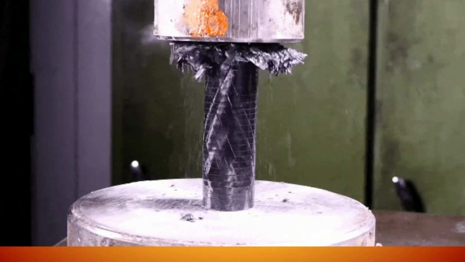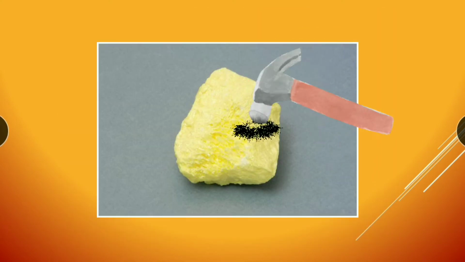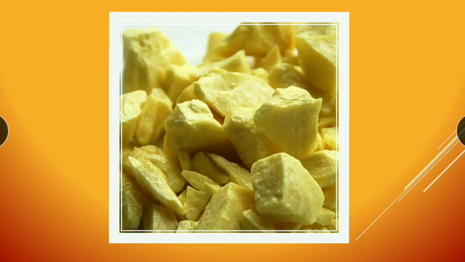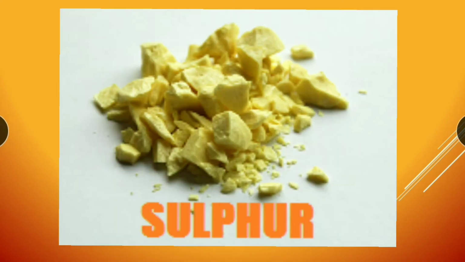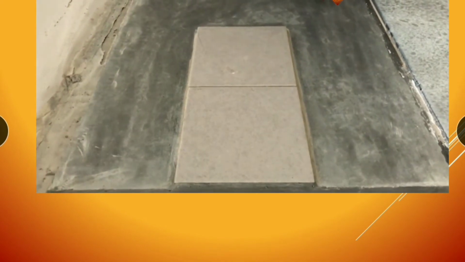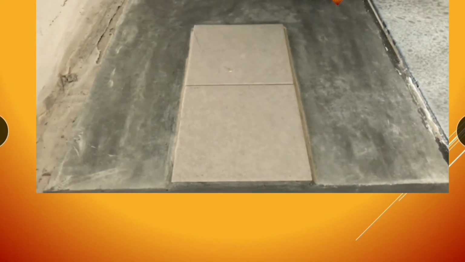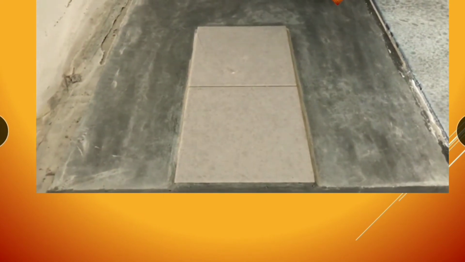Carbon is brittle. Students, you all know that sulfur is a non-metal. So if we hammer a piece of sulfur, it will break into smaller pieces. We cannot hammer sulfur to obtain thin sheets of sulfur. Thus sulfur is a non-metal which is not malleable. It is also brittle. Understood? So the property due to which non-metals break on hammering is called brittleness. Brittleness is a characteristic property of solid non-metals.